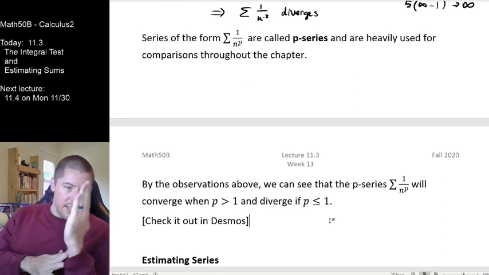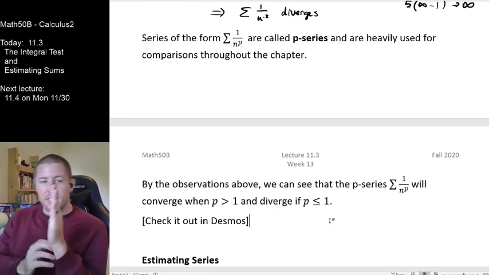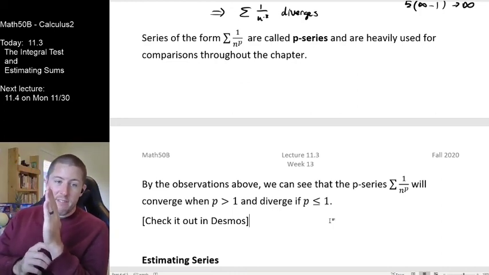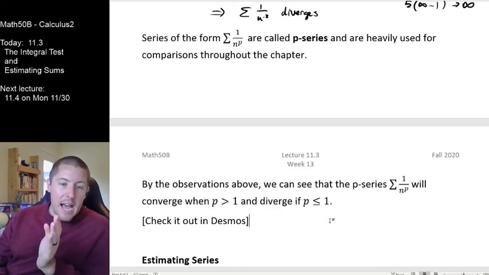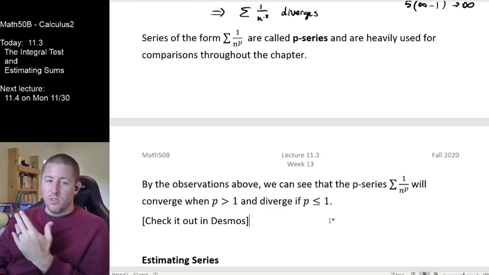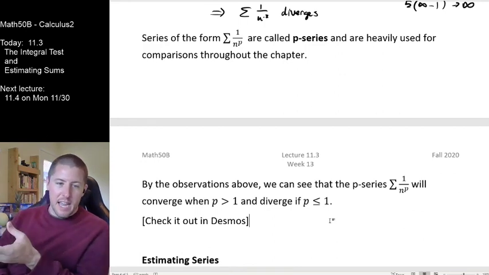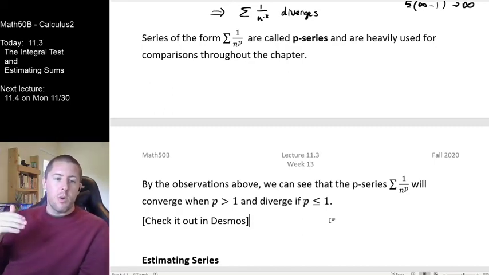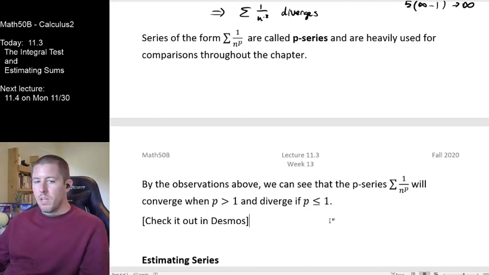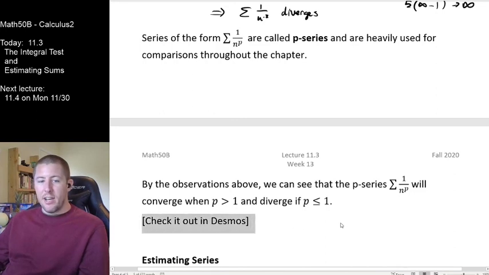P equals 1 is our cutoff between convergence and divergence, and p equals 1 is divergence. So again, with p equals 1, our series diverges. With p equals 1.000001, we converge, which is an interesting thing: there's got to be this threshold between infinity-type stuff and not-infinity-type stuff. The harmonic series therefore represents the smallest quantities we could build in a series and still have the series diverge. So what I say when I say check this out in Desmos is